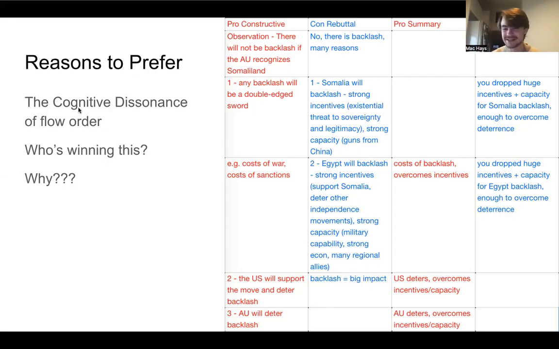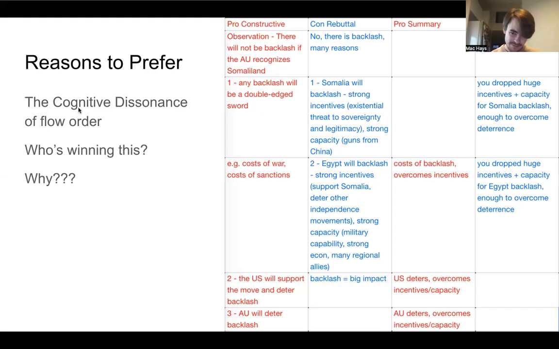And number two is that Egypt will backlash. They also have an incredibly strong incentive because they support Somalia. They want to deter other independence movements that might harm their own sovereignty. And they have a good capacity to do so because they have a very high military capability. They have a strong economy and a lot of regional allies that will allow them to do this. And then if there's backlash from either one of these actors, it's going to be a huge impact that constitutes